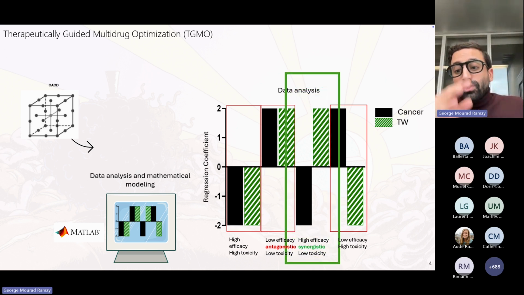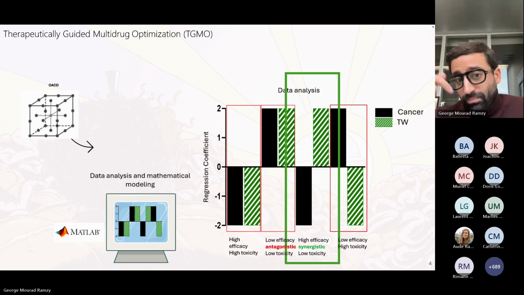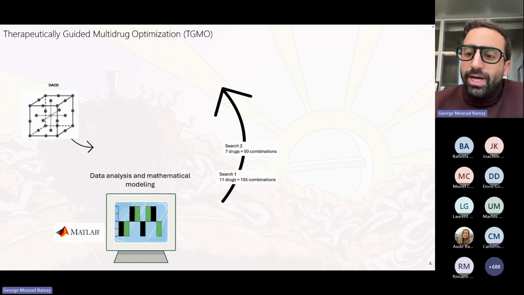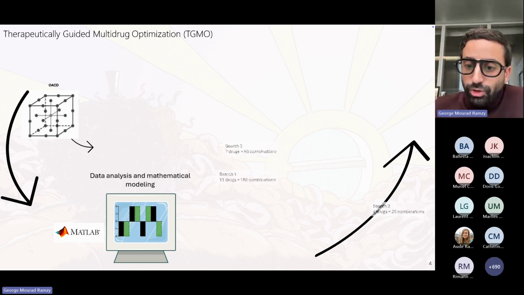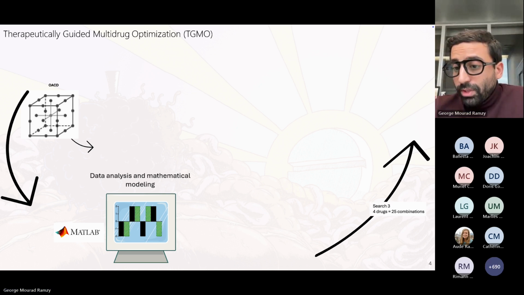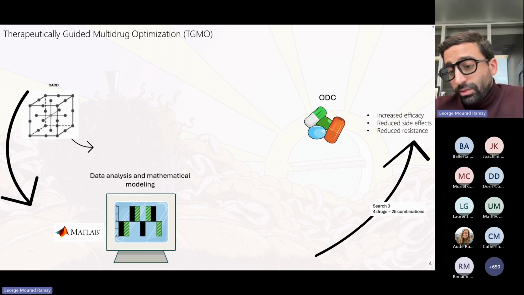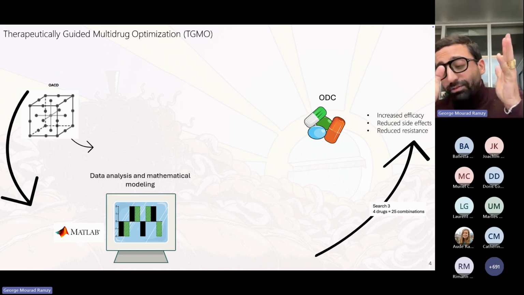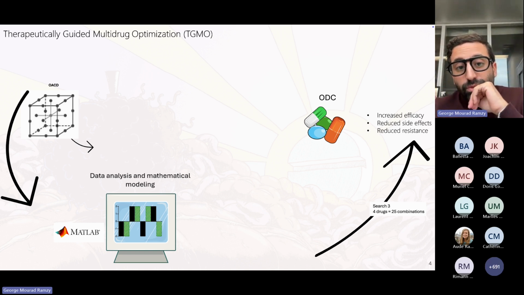while being safe. So we analyze these data and these models, and then we eliminate non-active or toxic compounds from our initial drug pool, and then we perform the screen in 3 sequential rounds of the experiment until the last round. We end up with a 3 or 4 drug combination with an increased efficacy and reduced side effects, as well as reduced resistance, because it contains 4 different drugs that most of the time have different targets. So this has been already performed